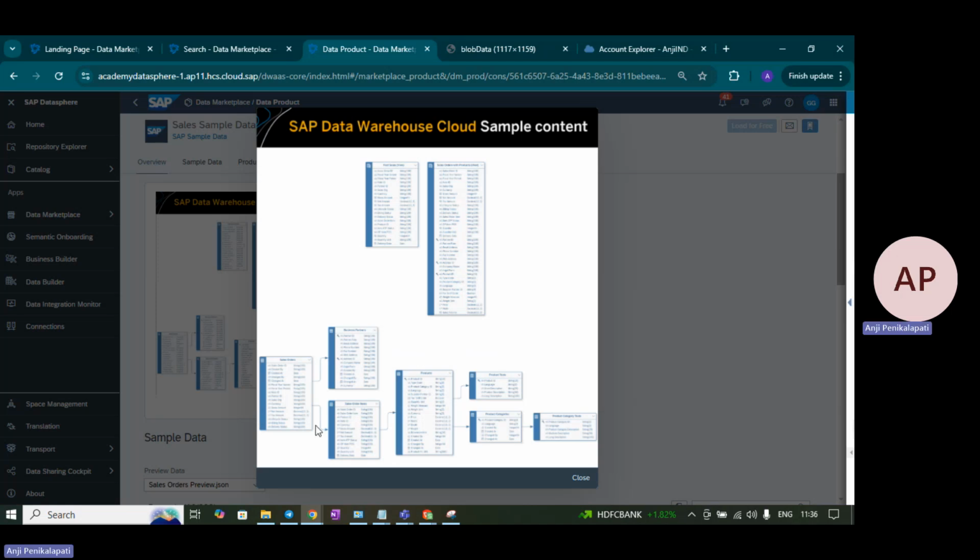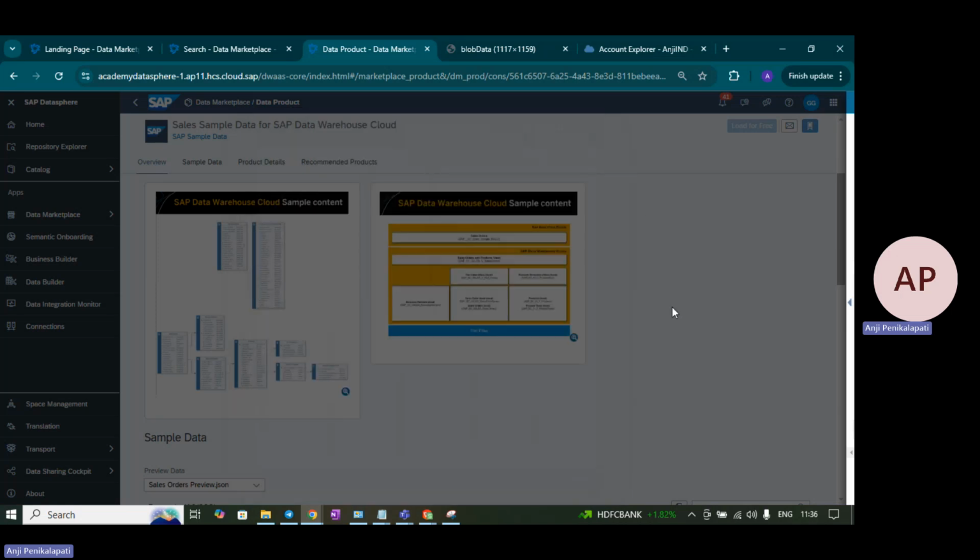is associated with sales order item and business partner again. No, this table is associated with some other. It will give the entity relationship model as part of this content. I think we have seen that when you deploy that entity relationship model, you can see all the relations between those tables. Later, once you have downloaded the sample data from here, you can